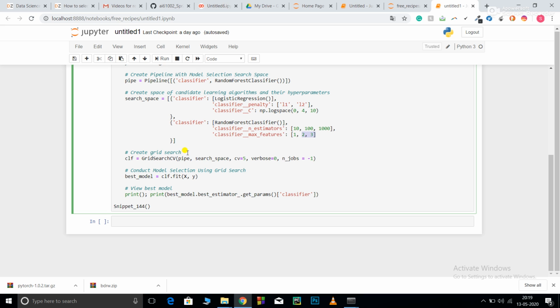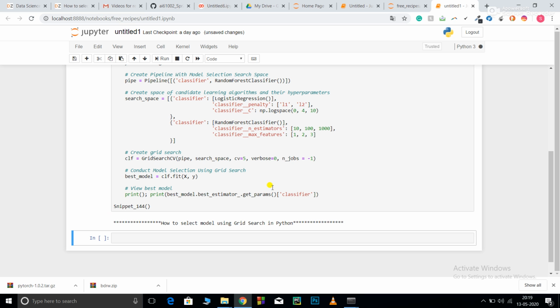Pipe is the pipeline that is initialized, and search space is the classifiers along with their parameters. After that, best_model = clf.fit(X, y), and then print best_model.best_estimator_. I'm selecting the best estimator from the best model, and I'm getting the parameters. So this gives me the best model along with the best estimator, and it also prints the parameters for me.